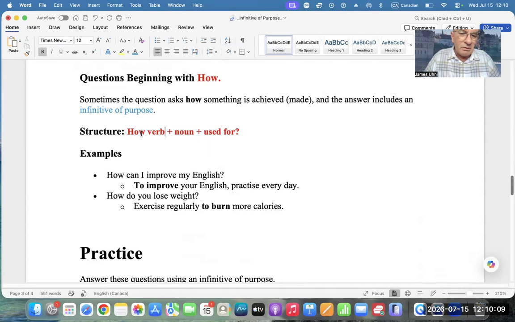So we will use verb, just that, plus a noun. Well, I is a noun. What is it, pronoun,